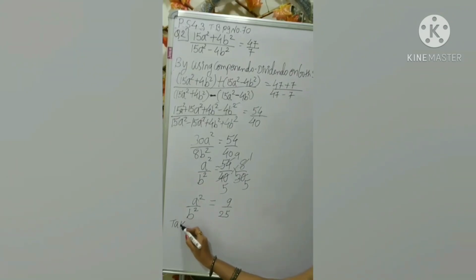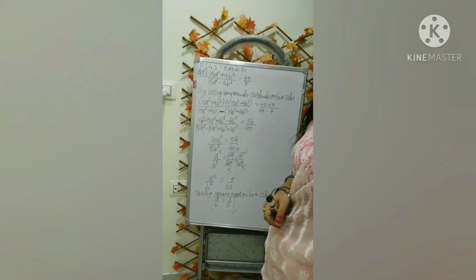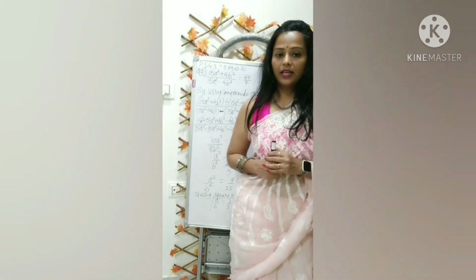Taking square root on both sides, we get a upon b is equal to 3 upon 5. So we got the value of a upon b. Then the remaining parts of this question can be solved just like the previous question, question number 1, which I showed you. You'll have to assume the common multiple as m. Substitute wherever in the ratio you see the values of a and b. There you are going to substitute the values, and that's how we get the final answer.